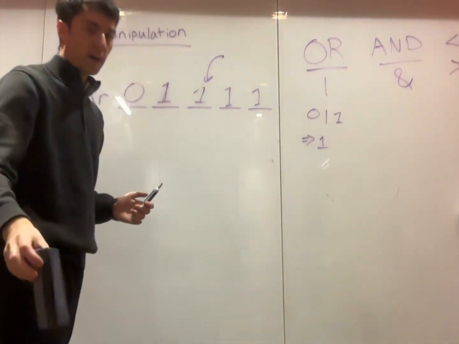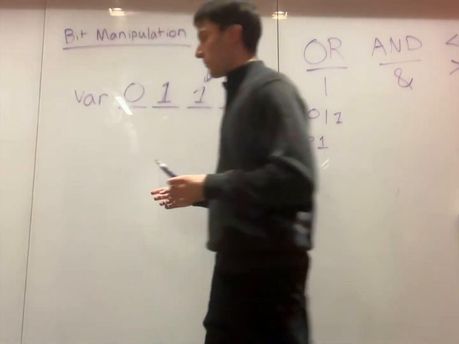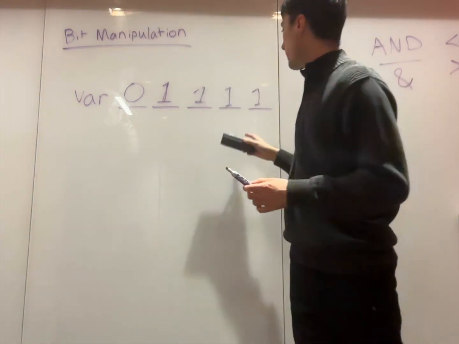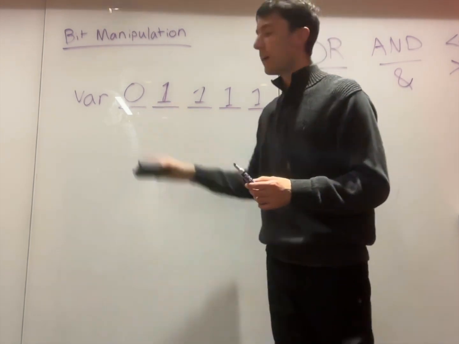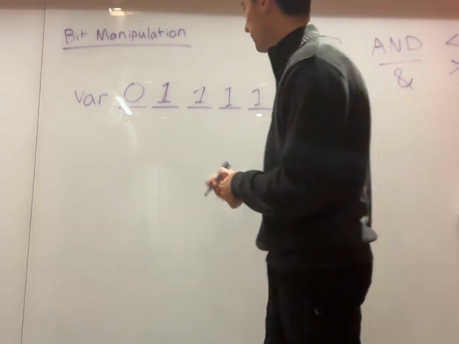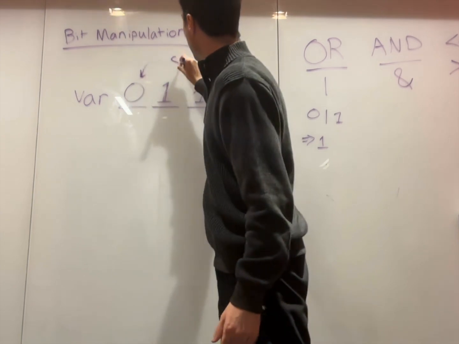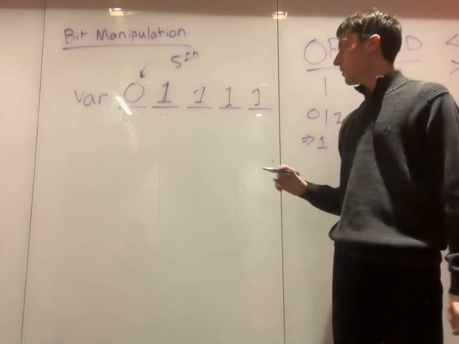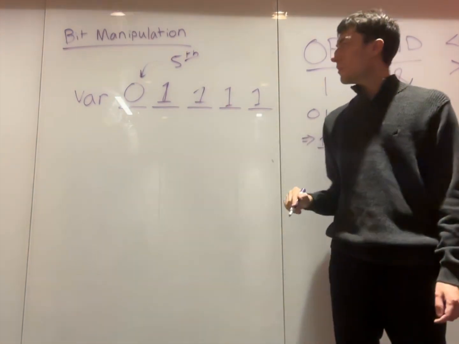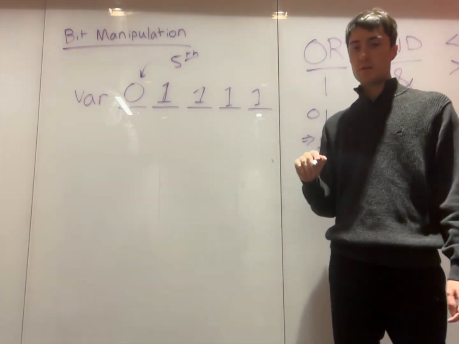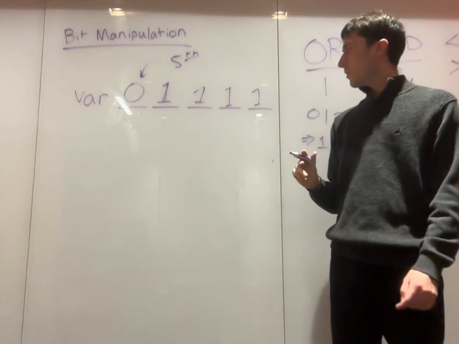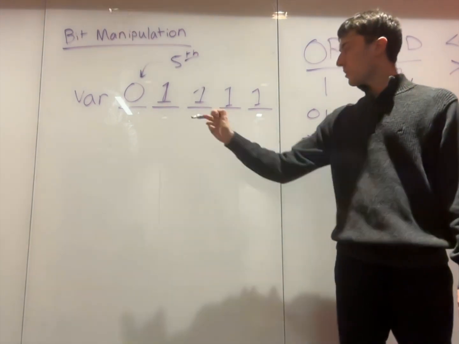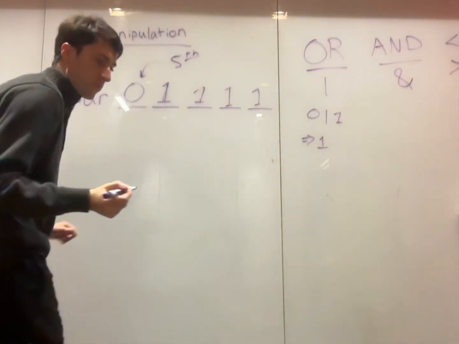Okay, so we have our variable var, and let's say we're interested in the 1, 2, 3, 4, 5, the 5th bit. Okay, we're interested in the 5th bit. And we say, I want the 5th bit to be set to 1. Alright, well, how are we going to do this? So what we can do is we can take this var variable,